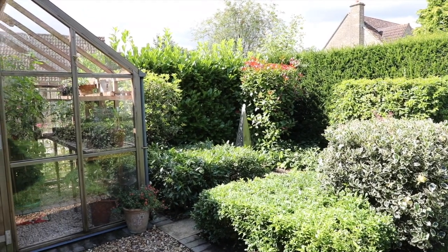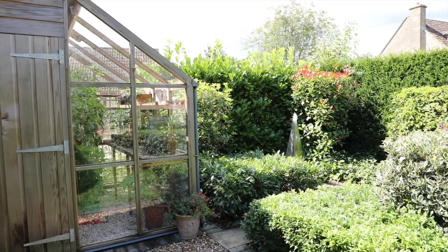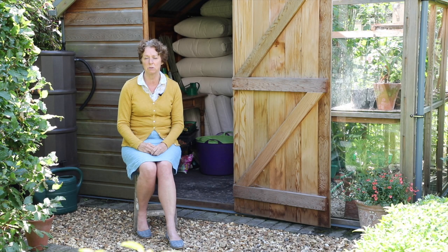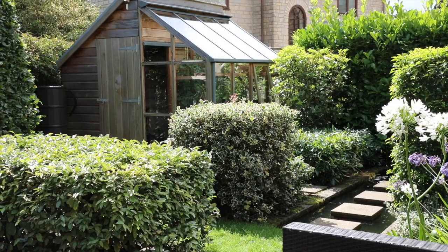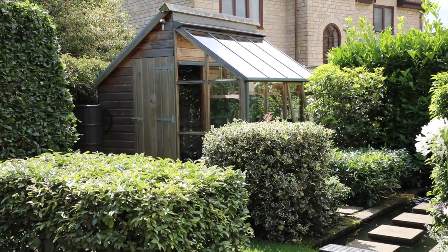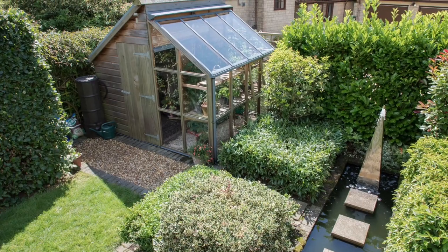I wanted to make sure that I got the right kind of greenhouse, but what was important to me was the aesthetics of the building that I was going to put in prime place in this part of the garden. And I'd already designed this theme, which was based on squares and oblongs, so I definitely wanted a square building. But I also wanted one that would sit nicely in the space, and it was limited space, so I've used every inch of the space right up to the neighbours' boundaries,